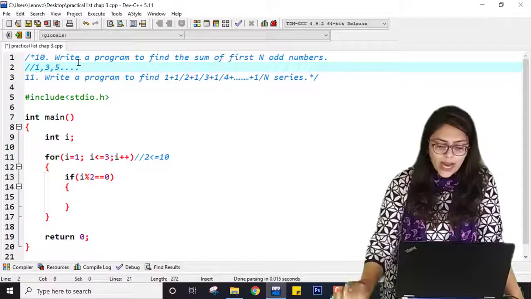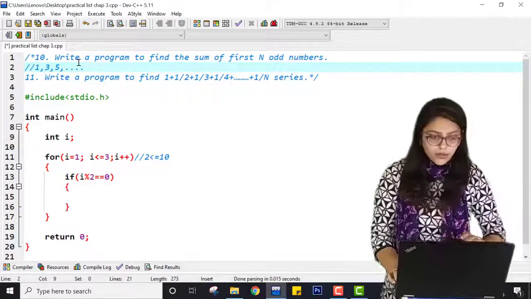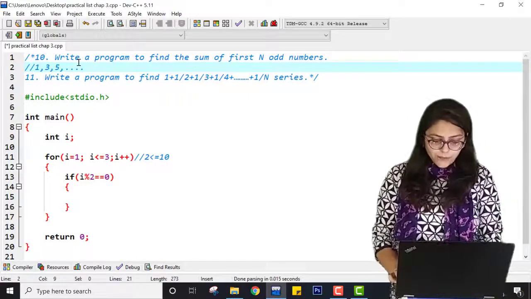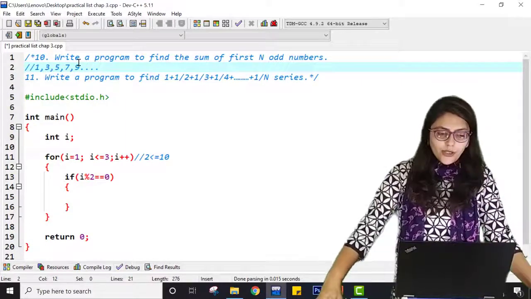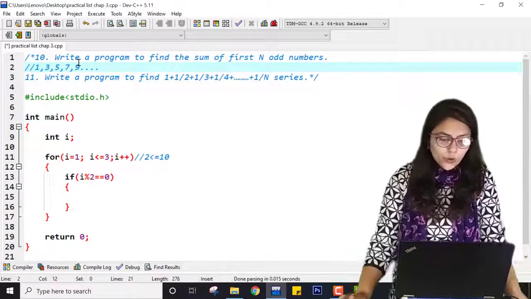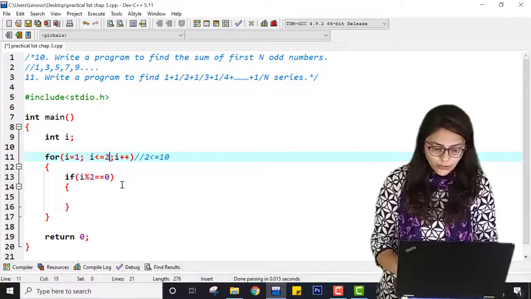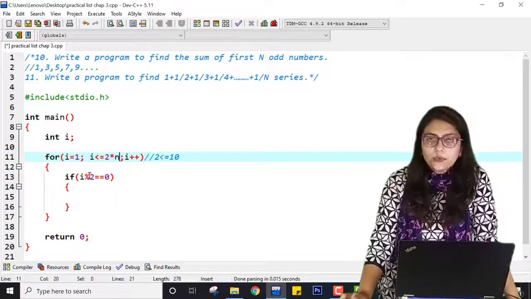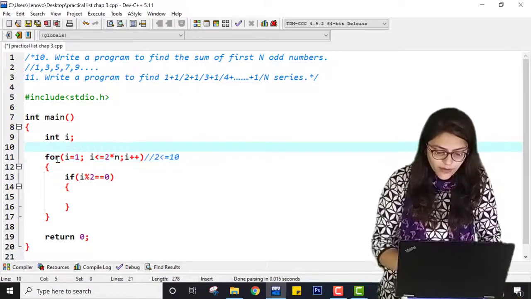You can see it for any odd number. So suppose I am doing it for the first 5 odd numbers, then it will be 1, 3, 5, 7 and 9. Right? So it is going from 1 to 2 times 5, that is 10. So for first n odd numbers you have to write from 1 to 2 into n, and here what is the value of n?